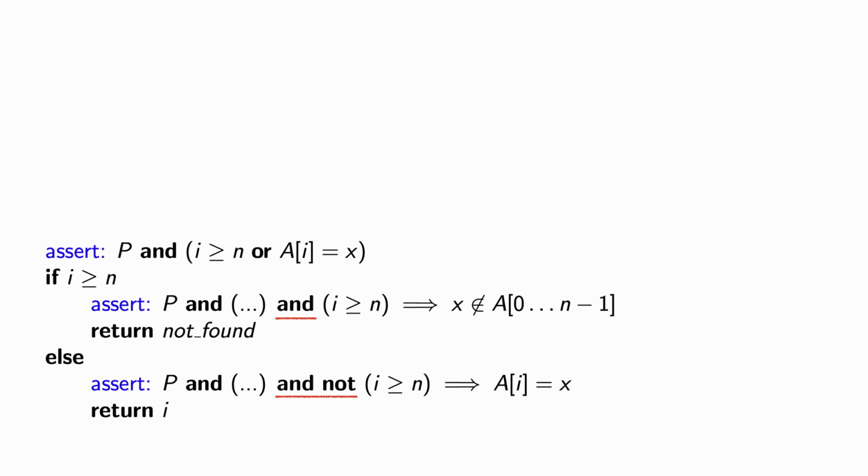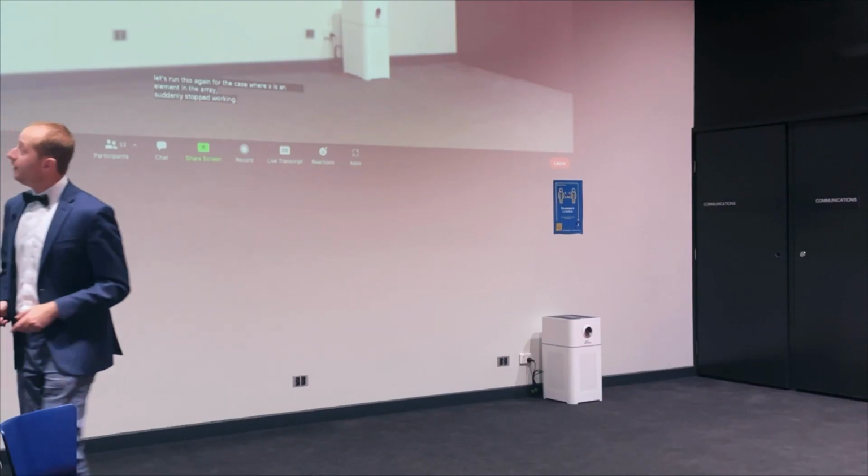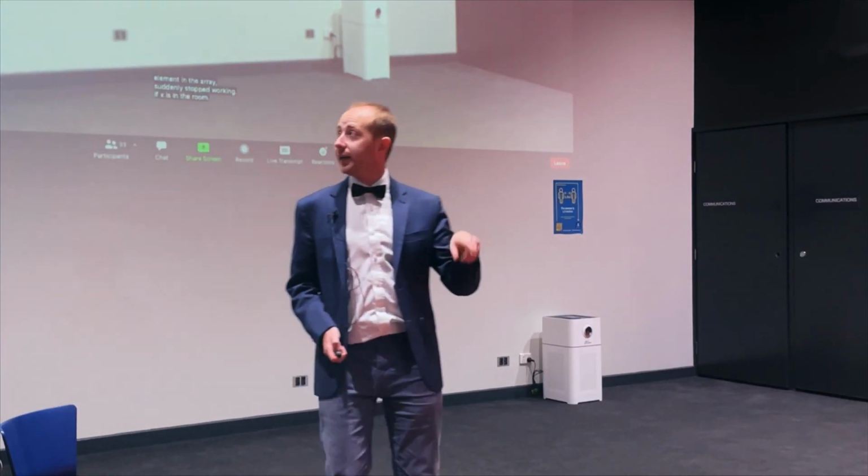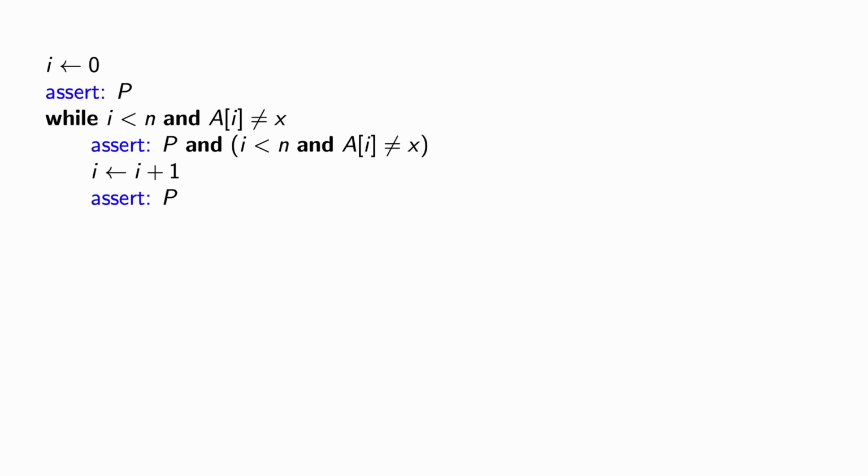Now let's run this again for the case where x is an element in the array. If x is in the array, we've started running it a few times over, and our assertions follow as before. But now, at some point, we hit a block, and a[i] is equal to x, and the loop doesn't run, and so i stops growing. Now remember, our assertion statement,